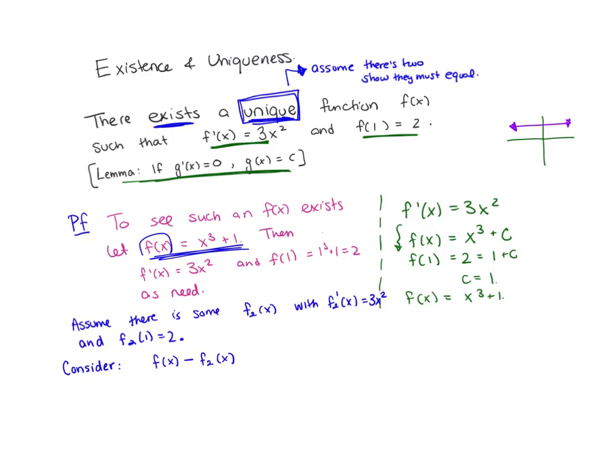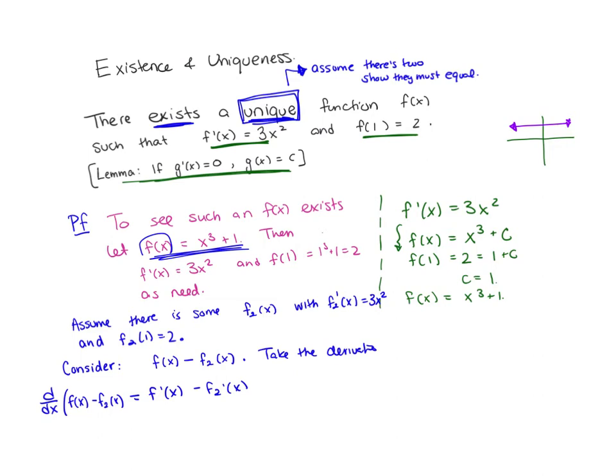So I'm going to take that, well, let's just consider it first, and then we'll take the derivative. So I get f prime of x minus f2 prime of x. I know that derivatives can distribute across subtraction. So we get the derivative of f of x minus f2 of x is equal to f prime of x